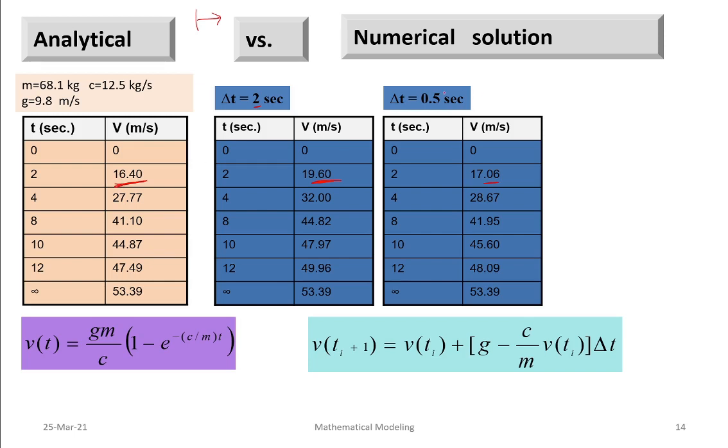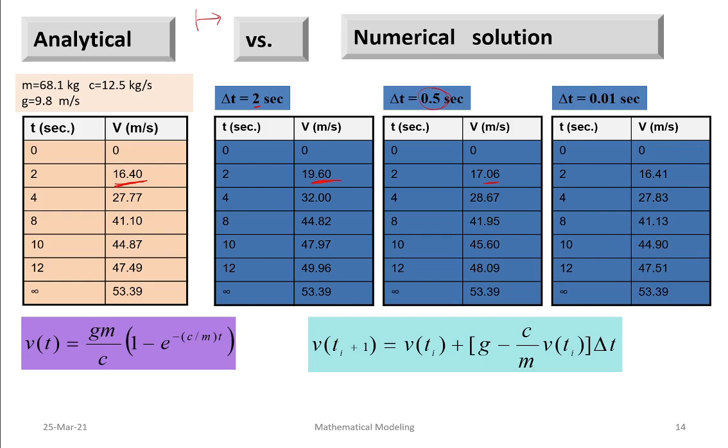Okay, as I am going to have a smaller and smaller step size, I will get a better and better accuracy. That is, I am getting an accurate result with a larger number of calculations. Okay, and then if I reduce one more time, 0.01 second or something, somewhere I will get the most accurate kind of calculation. If you look here, I know this value and I am going to predict this value.